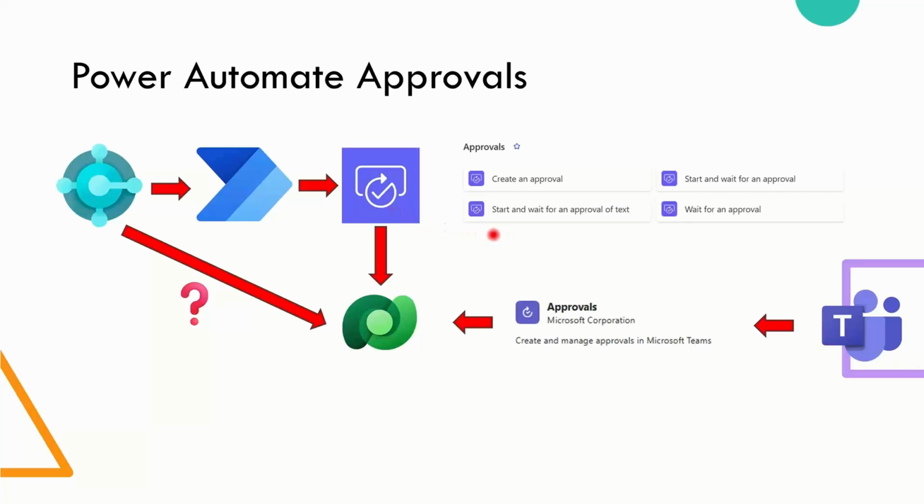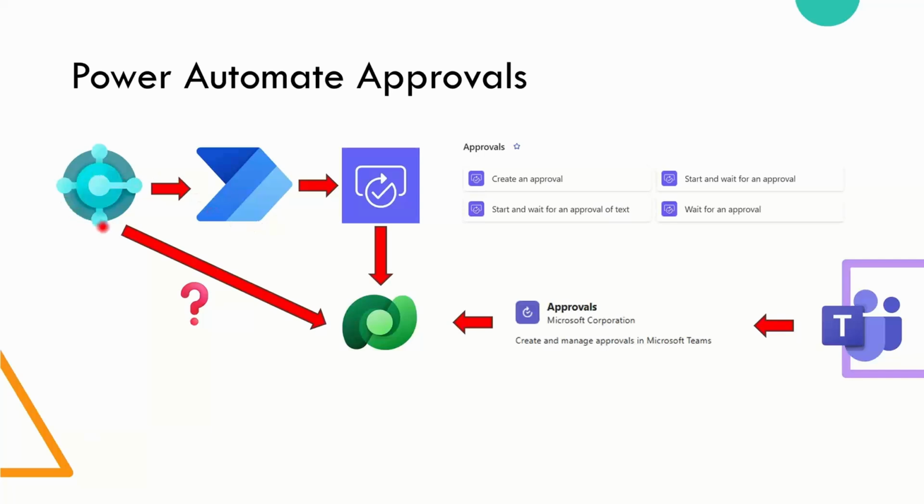Well, there is not even an action on the approval connector to cancel or stop or quit or reject, whatever, an approval request. It can only start and wait for an approval request. So Power Automate flow has no option to tell Dataverse, hey, I'm cancelled, so the approval request should be cancelled. Meaning that Power Automate flow is not listening anymore. If the user tries to approve or reject, it goes into the Power Automate flow that is not running anymore, so nothing happens. It disappears into thin air.